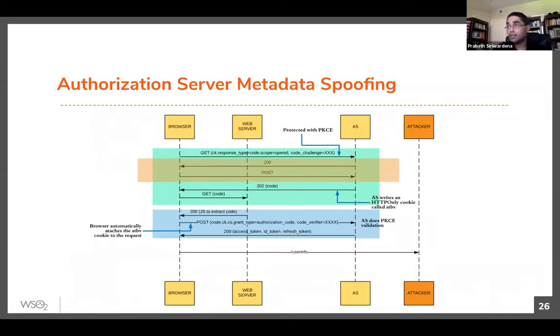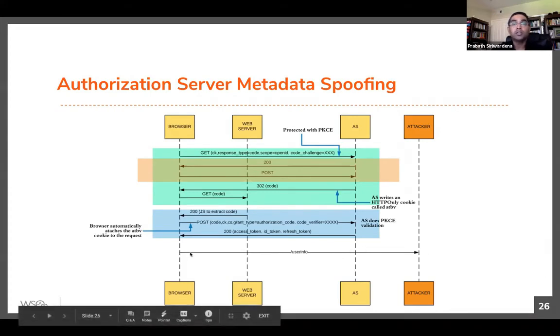And authorization server metadata spoofing. So here, the way it happens is you get the token to the browser, then the browser may call the userinfo endpoint of the authorization server, right, passing the access token it got from the previous response.